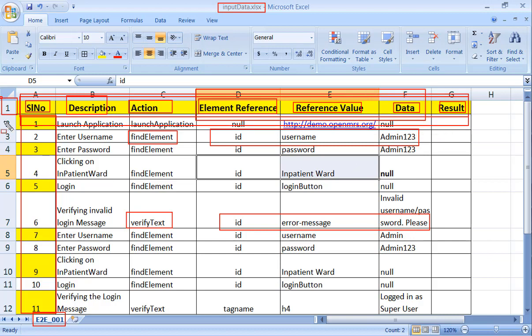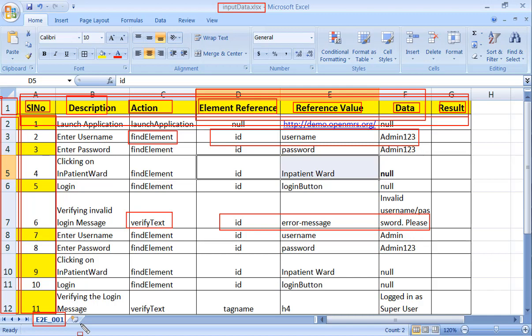So we ignore this. We start from row number 1 and read all this data. For each and every row, we write a for loop, go to the first row, second row, third row, and we iterate the columns and store the keyword name and the parameters. Then we invoke the method accordingly.